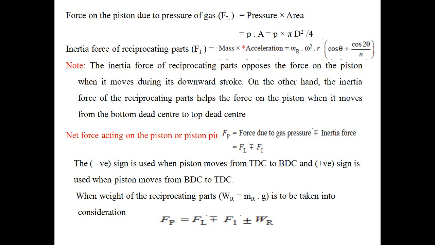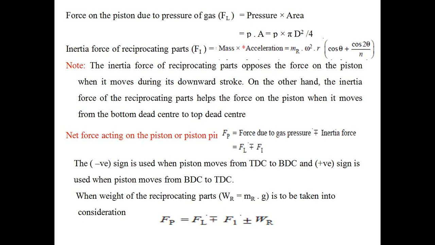Oppose the causes of motion. On the other hand, the inertia force of the reciprocating part helps the force on the piston when it moves from the bottom dead center to the top dead center. Equivalent net force on the piston pin will be equal to the force due to gas pressure plus or minus the inertia force,